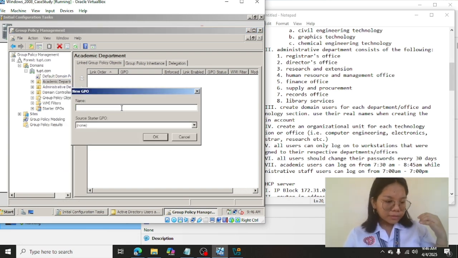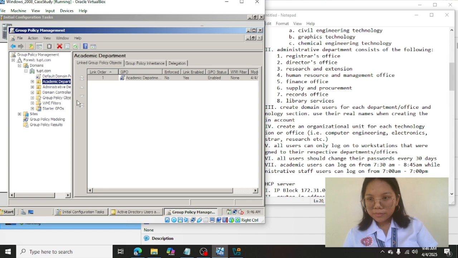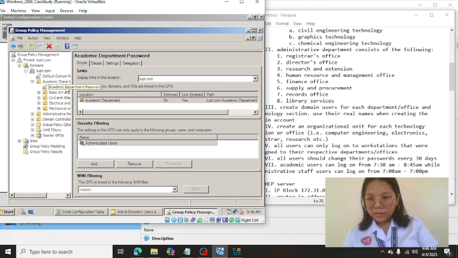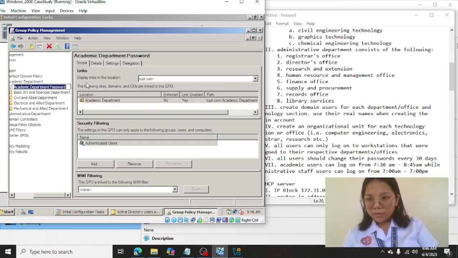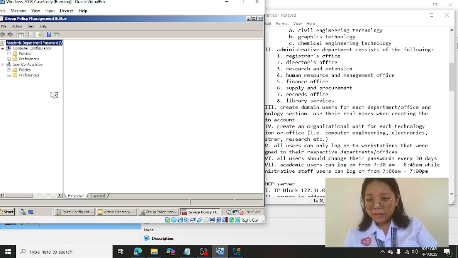Type in pass and then just click OK. Here, click this copy. Click on Edit.